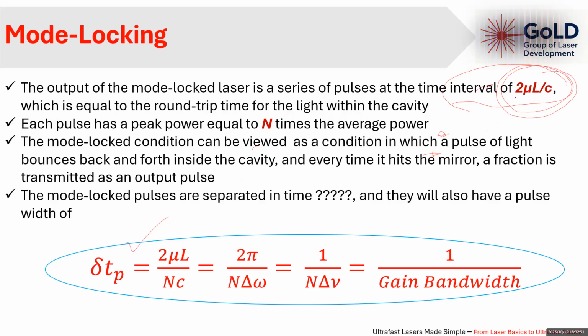Okay. 2 comes here round trip. L is the length of the cavity, n is the refractive index, and c is the speed of light. Okay. And this is within the cavity. So the second point here,